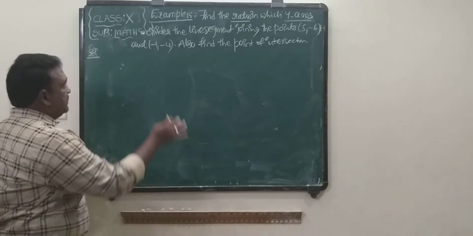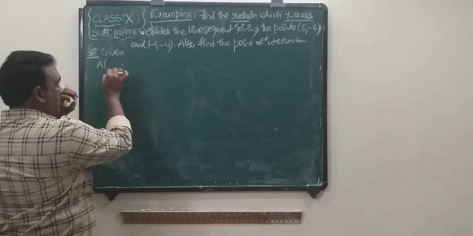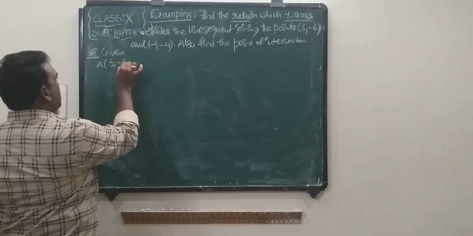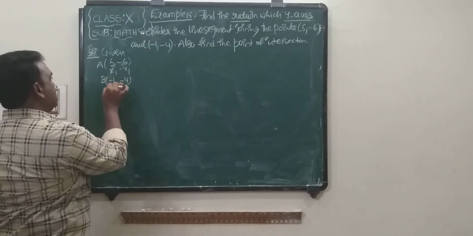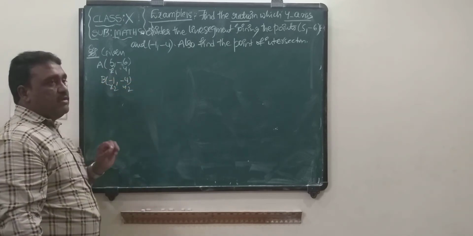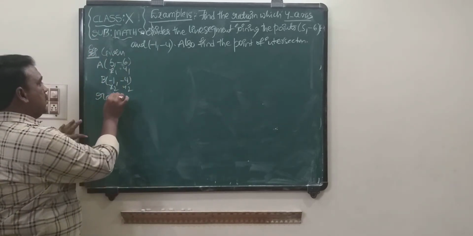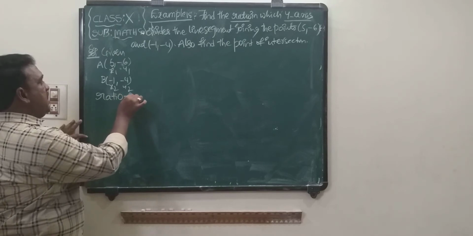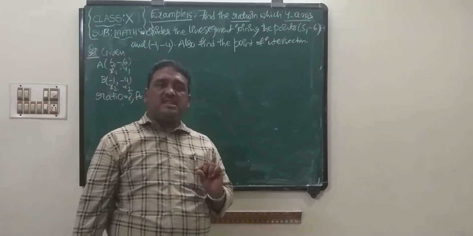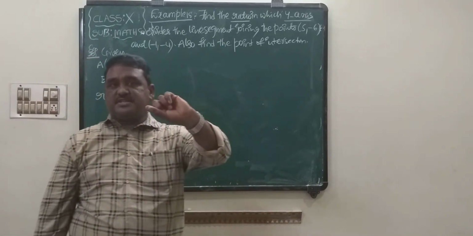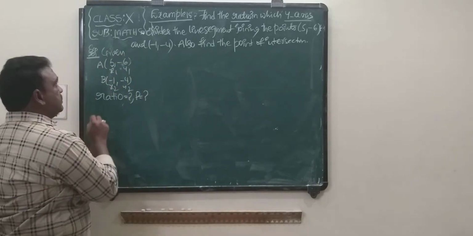Okay? Then tell me, first point A 5 comma minus 6, let it be x1 y1. B minus 1 comma minus 4, let it be x2 y2. What we need to find out? Number one, ratio, question mark, and P also. P is what? Point of intersection. Here two parts. In the first part we need to find out the ratio. In the second part we need to find out the point of intersection.